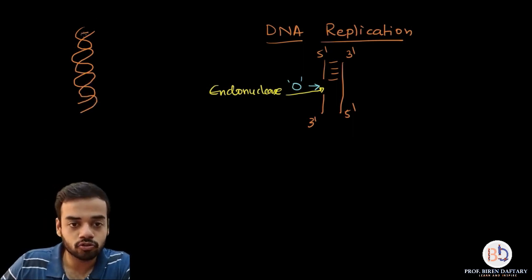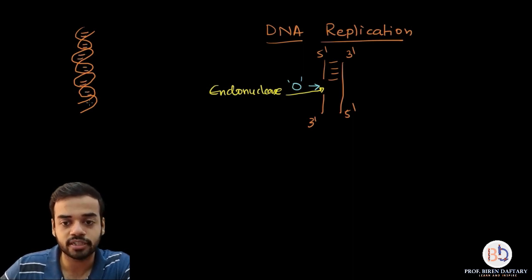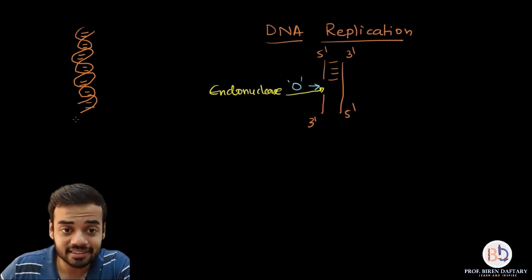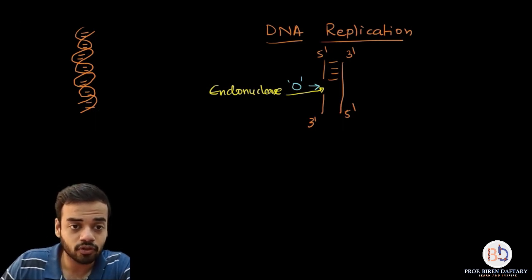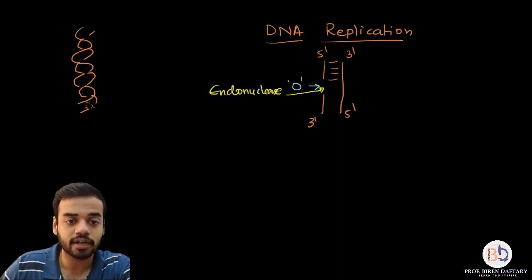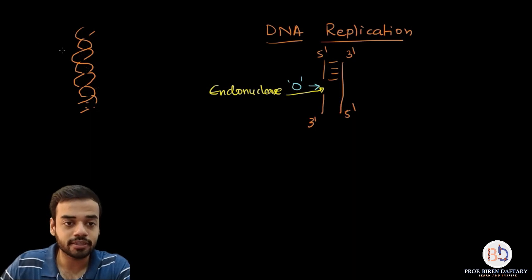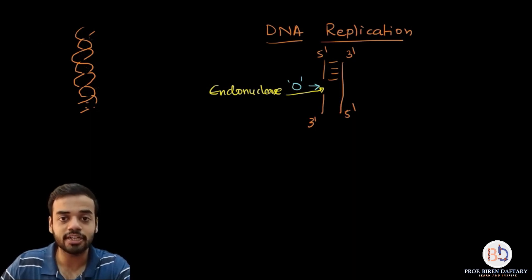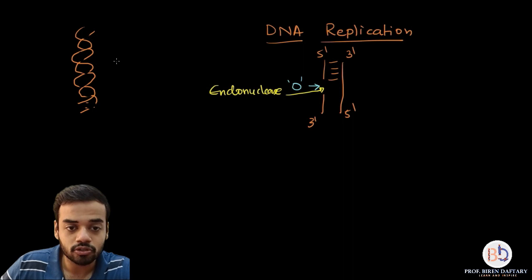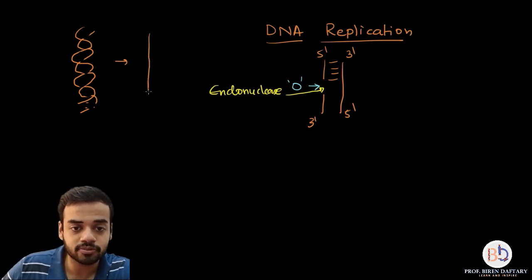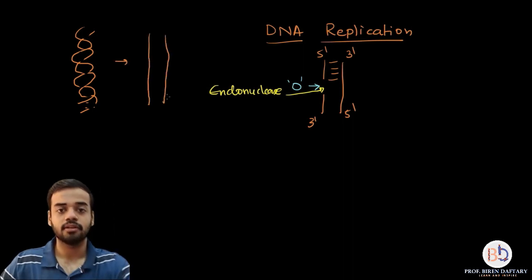And also the hydrogen bonds are present between the two strands. So what the helicase enzyme does is, first of all, it breaks these bonds, because you need to uncoil the DNA, you need to unwrap the DNA, and after it breaks these hydrogen bonds, it opens up these coils so that this becomes like this.